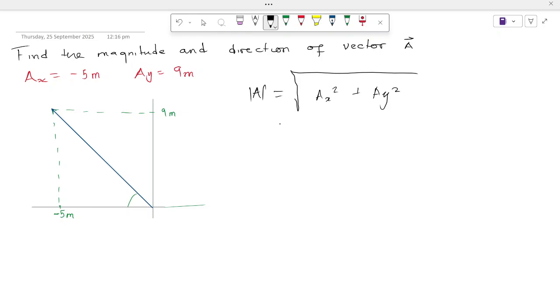Replacing this with the values we've been given, we get the square root of 5 squared plus 9 squared, which is 25 plus 81, and summing all that up we're going to get a value of